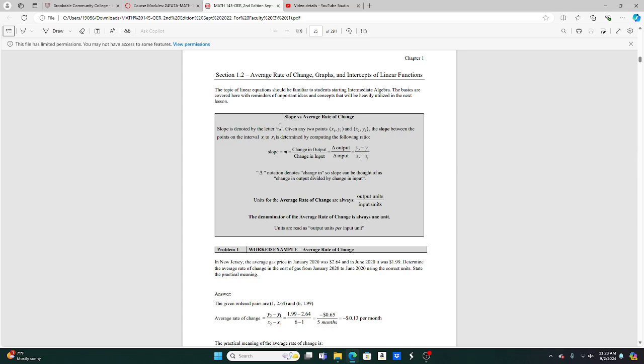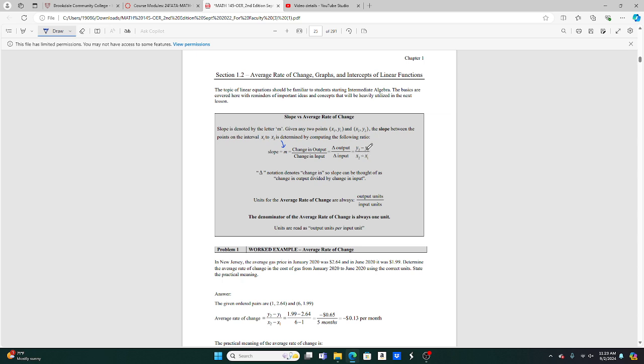We're talking slope. The first thing we take a look at in terms of slope is the different wording that we see. It can be listed as the change in output over the change in input, delta output, which is the triangle output, over delta input, which means the change in output over the change in input. The symbol for the slope is most often the letter M, and the formula is y2 minus y1